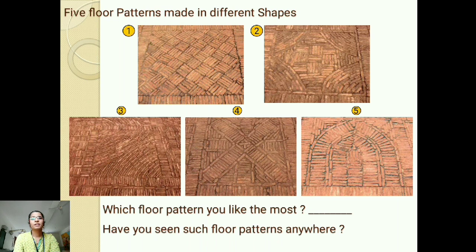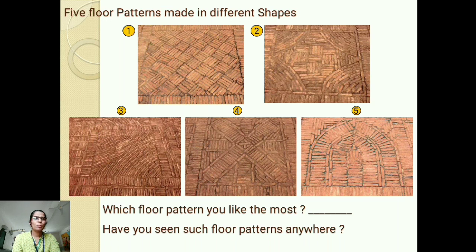Now see here, these are 5 different floor patterns or shapes which they saw in that old tomb and which they found very interesting. Now in this first pattern you could see that the brick pattern is in such a way that rectangular bricks are kept in a line and arranged like a checkmat, like a check mat. We have our mats, carpet mats, yes, we call this a chatai. Similarly, the pattern of the bricks is made in that form.